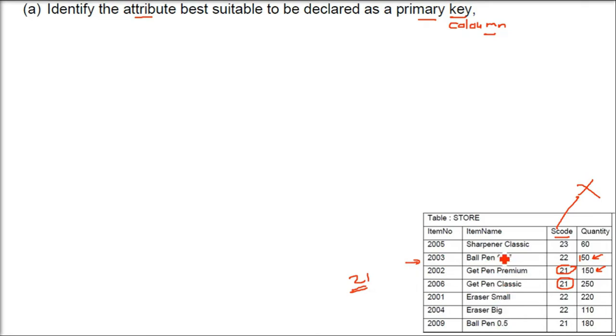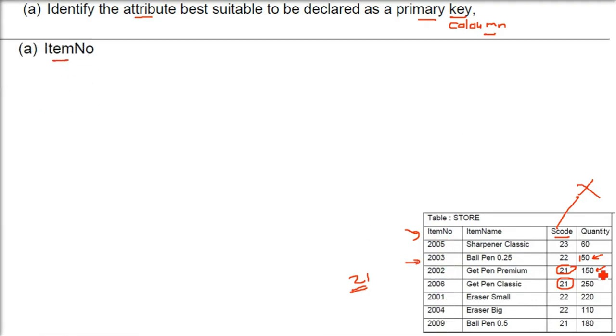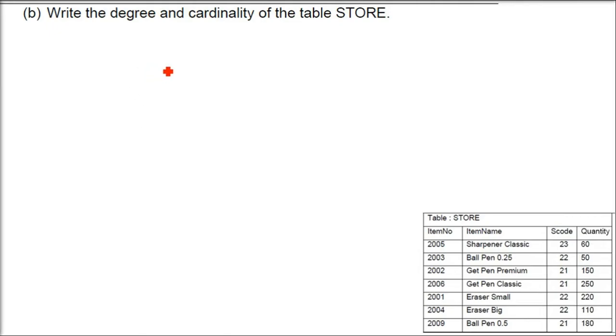Here also the item name is different, but still we generally take unique numbers as the primary key. So for item number, you see there is nothing common. If you take 2001, only 1 record will come. If you take 2005, only 1 record will come. 2005 will not give you 2 rows of this table. So this is the primary key, which can uniquely identify each and every record of a database. An attribute is a column, and the column which we choose for the primary key is what we are talking about.